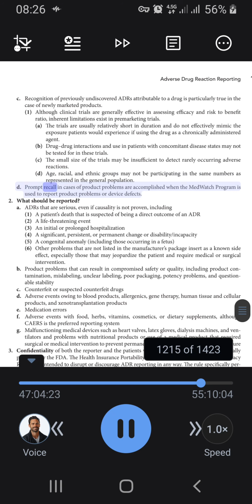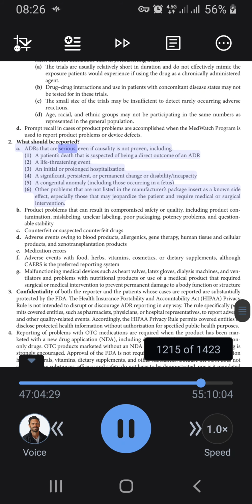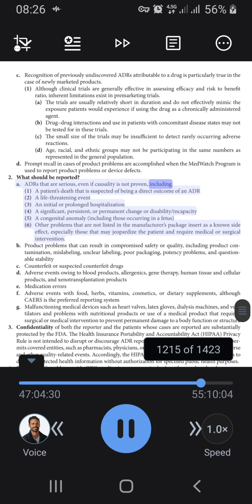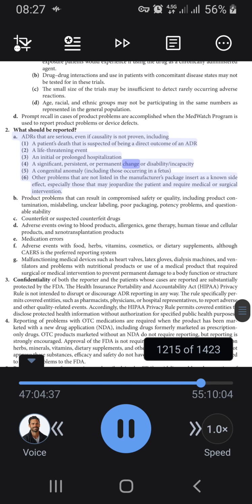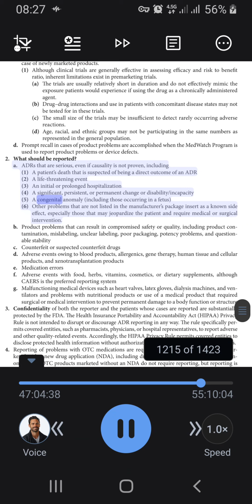D. Prompt recall in cases of product problems is accomplished when the MedWatch program is used to report product problems or device defects. 2. What should be reported? A. ADRs that are serious, even if causality is not proven, including: 1. A patient's death that is suspected of being a direct outcome of an ADR, 2. A life-threatening event, 3. An initial or prolonged hospitalization, 4. A significant, persistent, or permanent change or disability incapacity, 5. A congenital anomaly, including those occurring in a fetus,